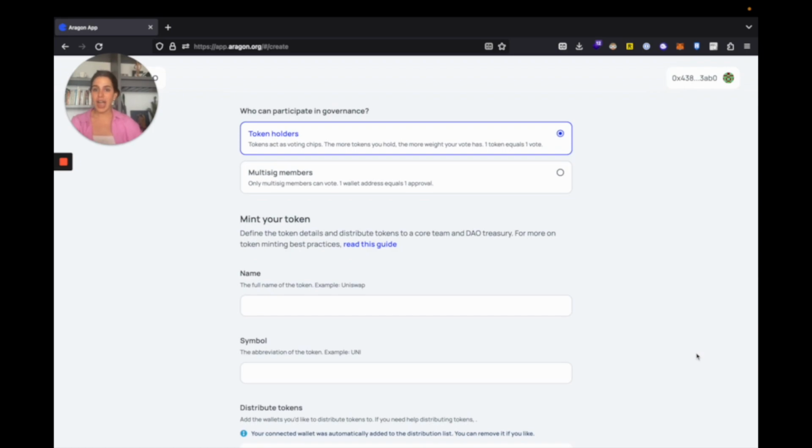And currently, our app supports two different types of membership definitions and governance mechanisms. One of them is token holders, which enables holders of specific tokens to vote in the organization. And then we have multi-sig members, which establishes a specific quorum that needs to be met in order for a proposal to go through. Now, to give you some context, both of these on the back end are plugins, which essentially extend the functionality of what DAOs can do, enabling this specific decision-making process in order to manage the